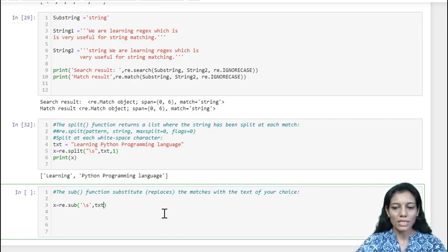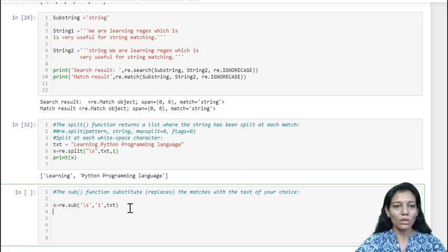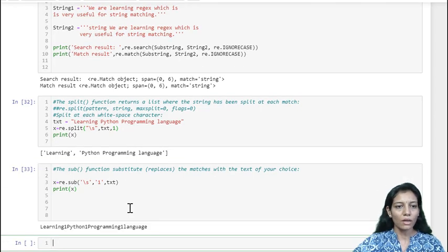The second parameter will be the substitution, what you want instead of the white space, and the last parameter will be your string where you want to match. So x will be your modified string. So print x, let us see the output.